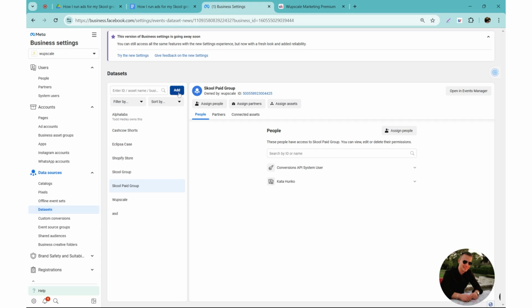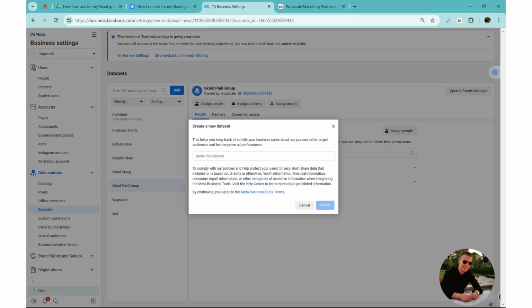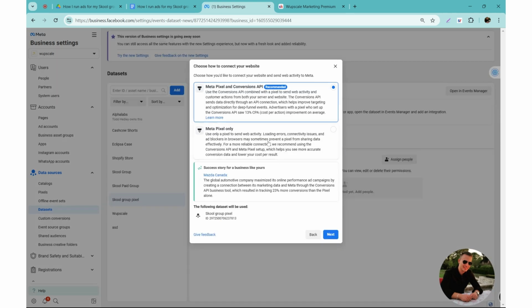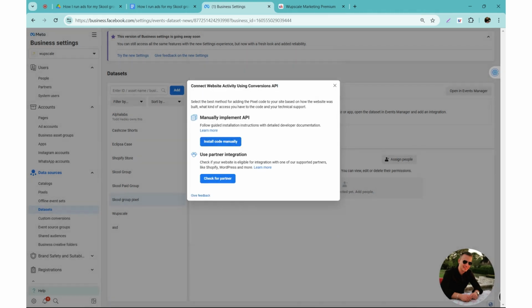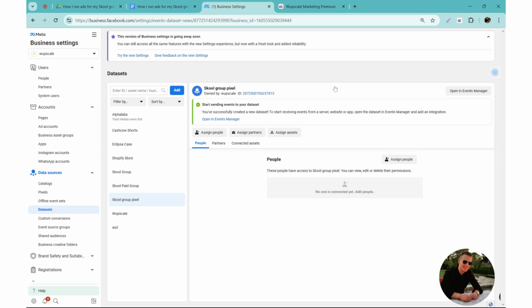Here you need to add the new pixel, which you can just do by clicking add, and just name this data set, which would be just school group pixel, just to make sure it's easy to track. Then click on create. Here you can choose whichever option. I recommend the first one, and then hit next,